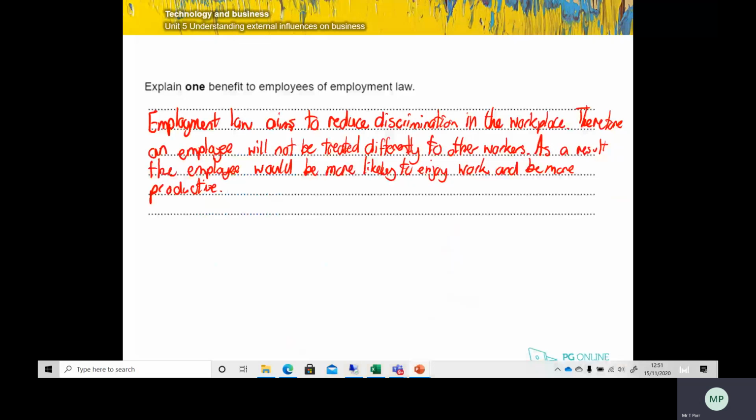So if you feel valued, if you feel as though you're not discriminated against, you're going to be happy and you're going to be more productive. Okay, let's do an alternative answer. We can talk about recruitment. So we can say during the recruitment process,